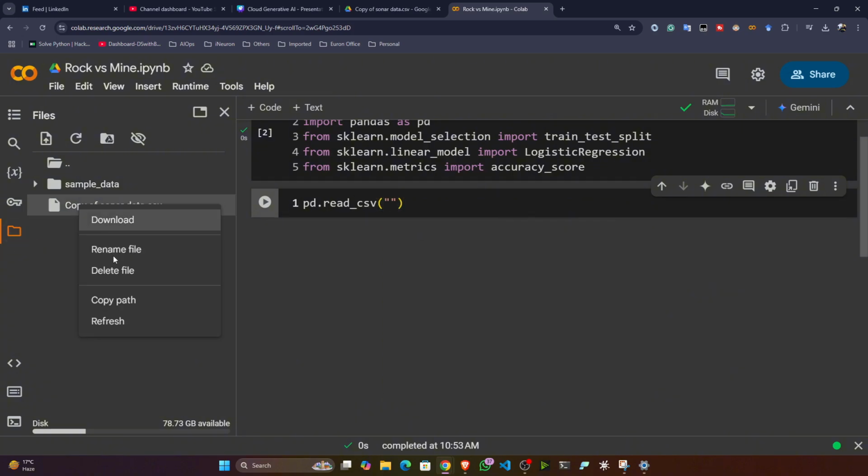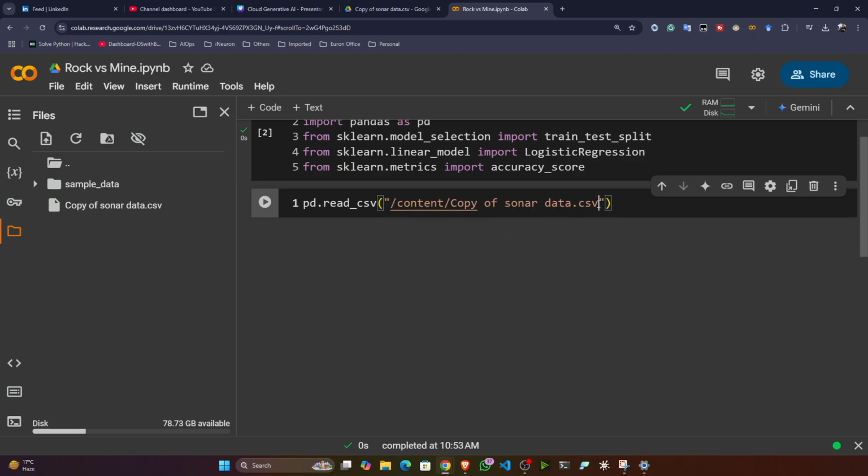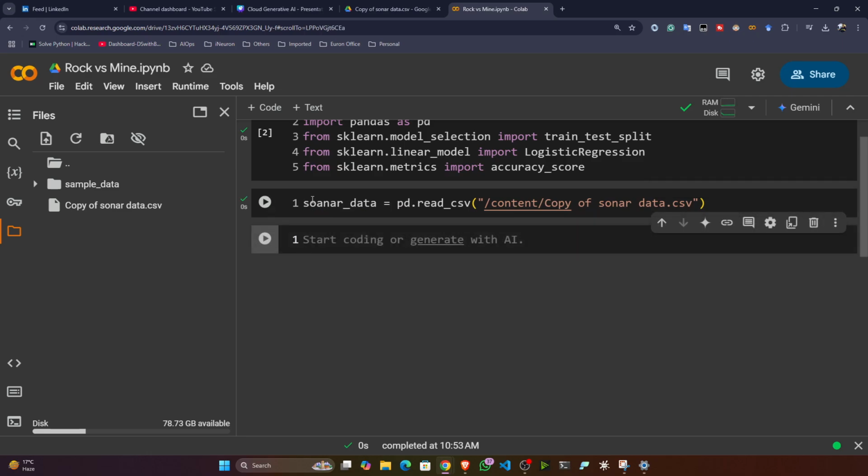Inside that you have to give the location. Just try to copy the path, and here just try to paste it. Okay, now let's store it inside a variable. I'm going to name it sonar_data. Okay, now let me load it. Now if I show you the sonar_data.head,